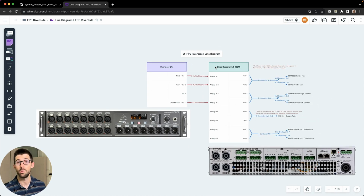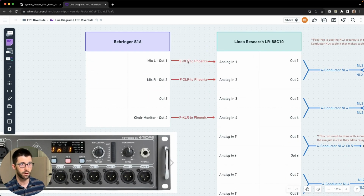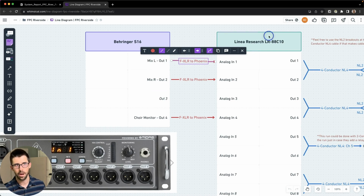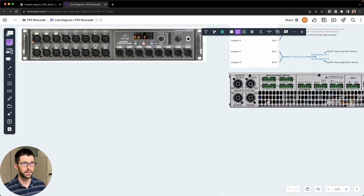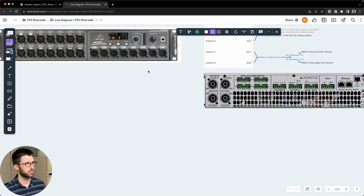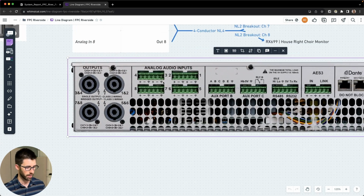So in this particular venue, they have an X32 hooked up to a Behringer S16, and we only need 4 outputs. I listed those here. So I got mixed left, mixed right. Then I have detailed out female XLR to Phoenix connector, since it is terminal block or Phoenix connector on the Linear Research LR88C10. And I've posted what those outputs look like, or a picture of each, so then they can easily see, hey, here's the analog audio inputs. Those are indeed terminal connections or Phoenix blocks,